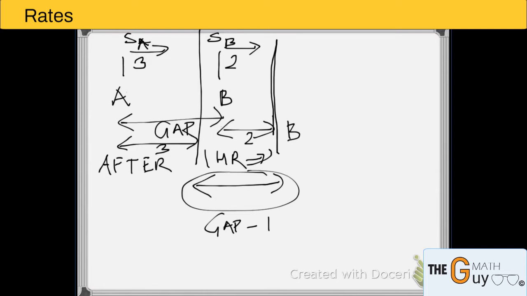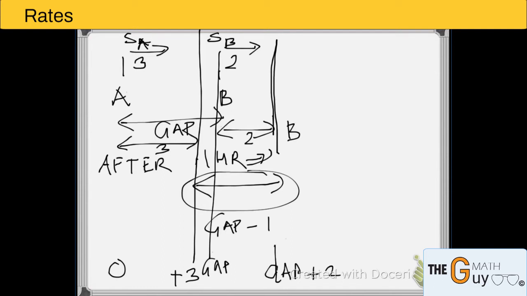Why is it minus 1? The reason for that is that A is at a position which is plus 3 from 0, and B is at a position, let's say this position was position gap. B now is at gap plus 2. So when A gains 3, B gains 2, overall the distance between them gets reduced by 1 because A traveled